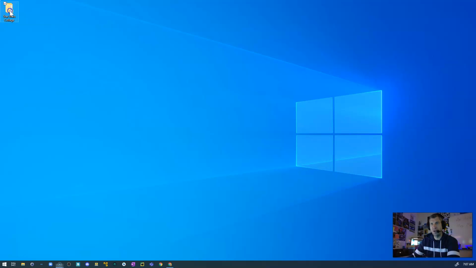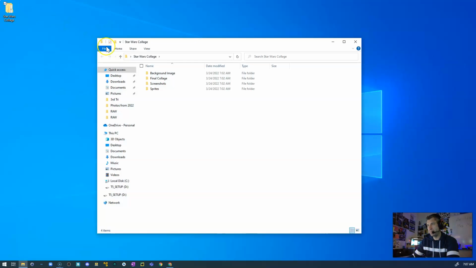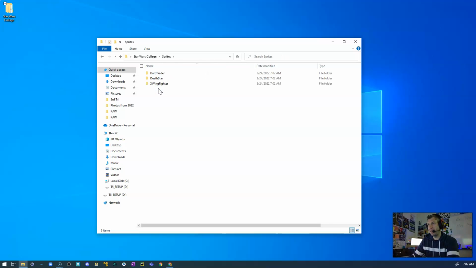So I'm here in my Star Wars collage directory, and I'm going to be working on my sprites today. So I'm going to jump into my sprites, and you can see that I have three sprites from Darth Vader to the Death Star to the X-Wing fighter. I'm going to go to our Darth Vader here, and I am going to go ahead and open up my